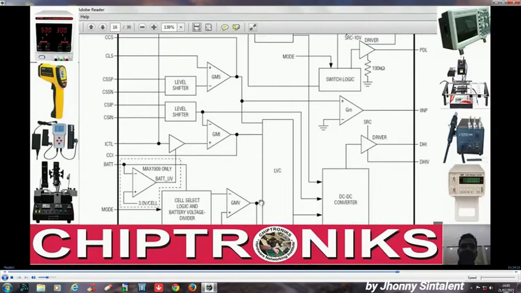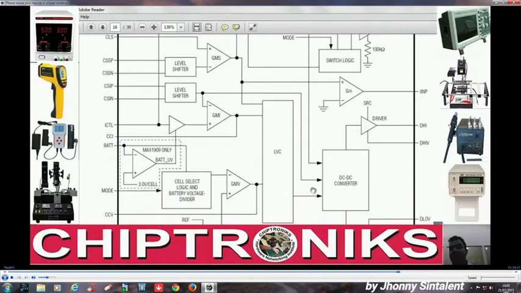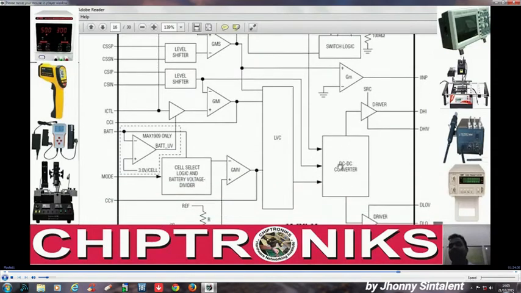This LVC will match the value of ICTL with CSIP and CSIN, and it will generate a signal to the DC converter. If the current is less, it will give a signal to the internal DC converter to change the timing of this gate signal, so that more output current would be generated, equal to the ICTL. So in that way, the IO controller controls the maximum charging current, because CSIP and CSIN are